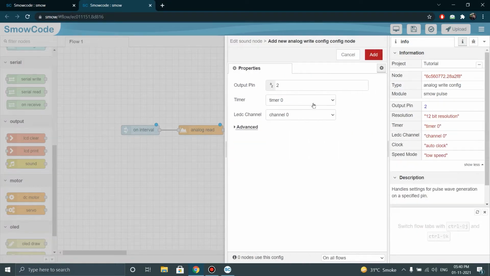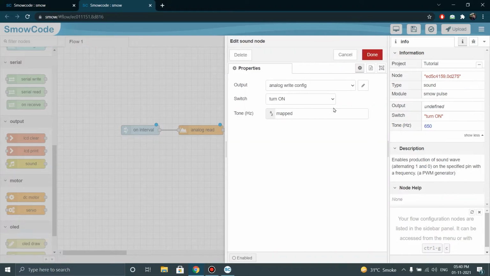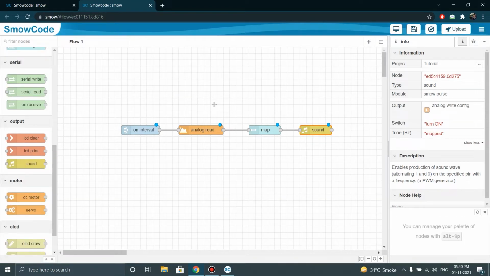Let's click on the pencil icon to finish the configuration. The output pin of the sound node's configuration should be pin number 21. Click done and the code is ready.